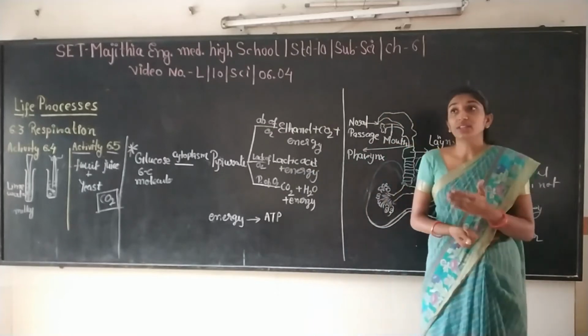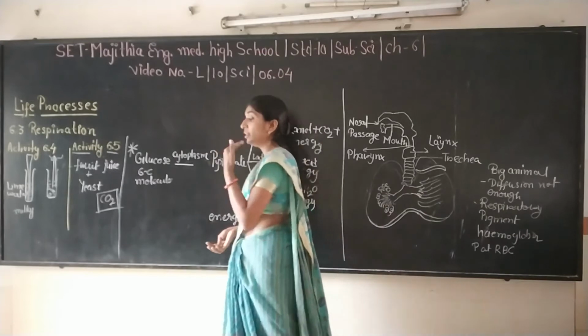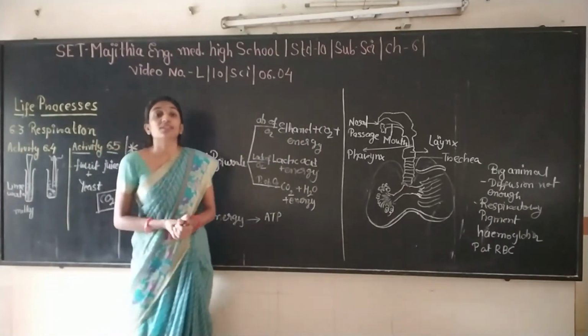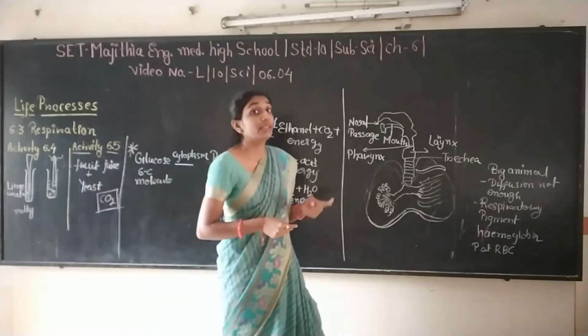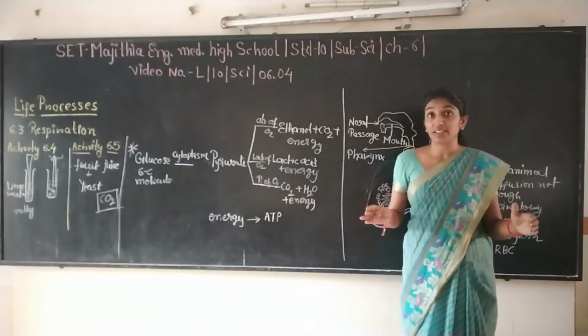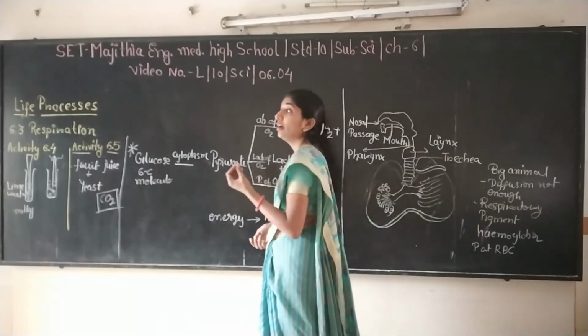For respiration, we need certain gases, although you all know that we breathe in oxygen and we breathe out carbon dioxide. But what about the plants? Plants, during the process of photosynthesis, that is in daytime, take up